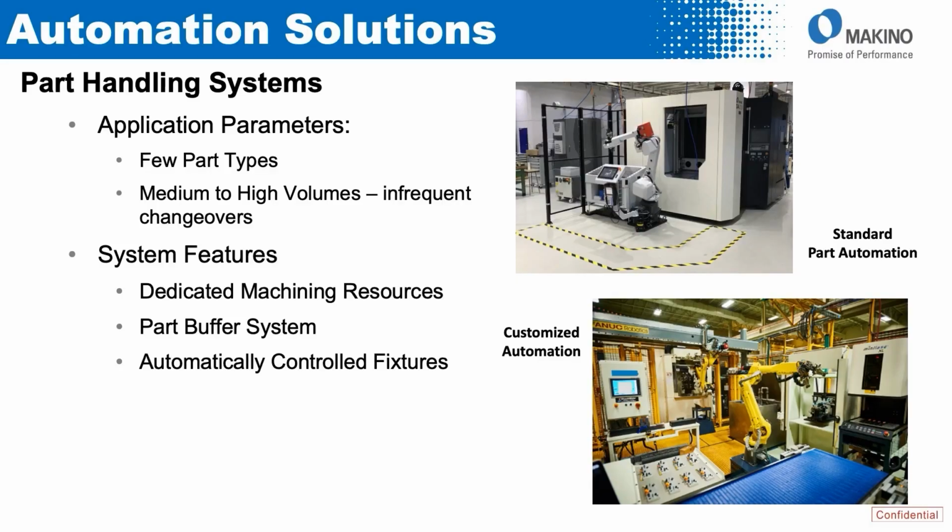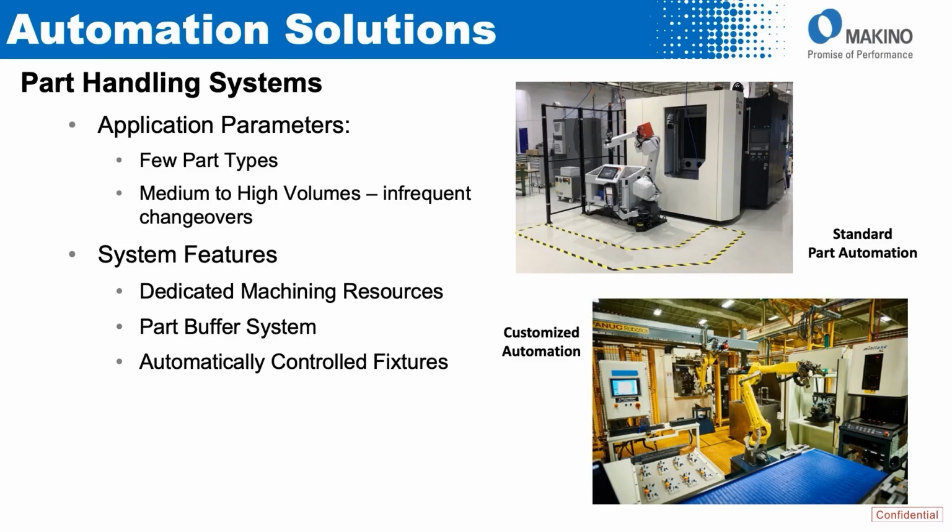System features include dedicated machining resources. So now I'm dedicating a machining center to a particular part type or a class or a family of parts. The buffer system is through the parts, not through the fixtures. You're loading parts into the fixture. The fixtures are resident on the machining center. So you're getting that buffer from the parts that you're stacking up in front of that robot